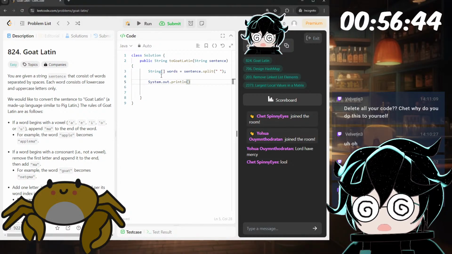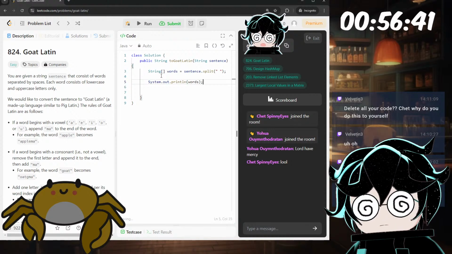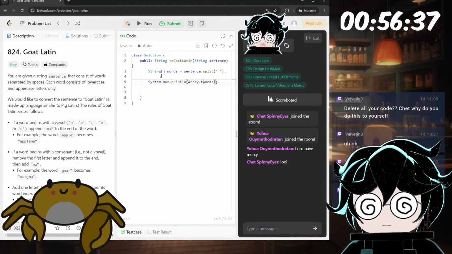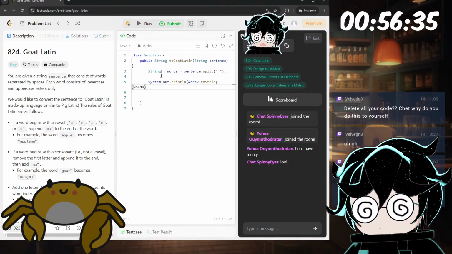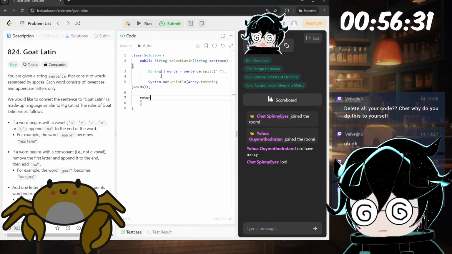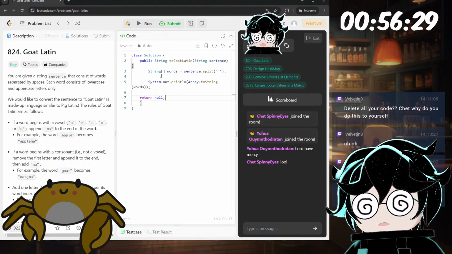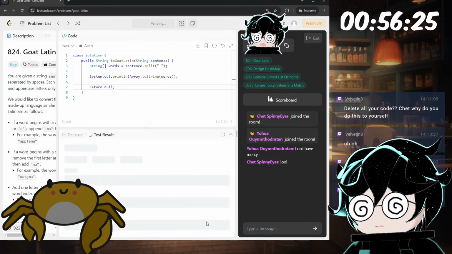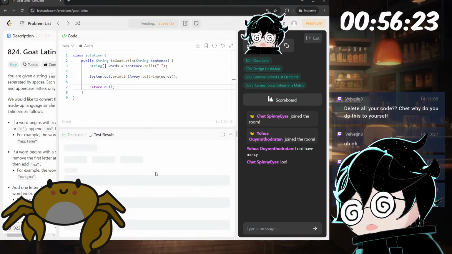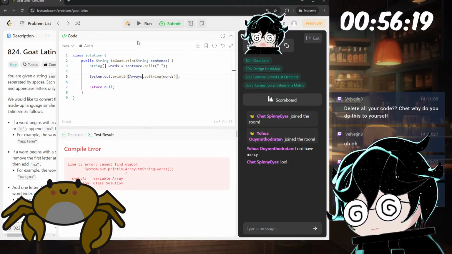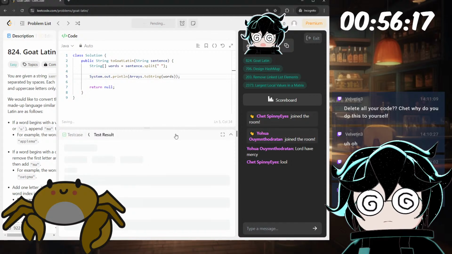We're going right into a sanity check, Arrays.toString of words, and then we're returning null. Okay, sure. Run. Hopefully I did the splitting correctly. Nope, I did not. Run.